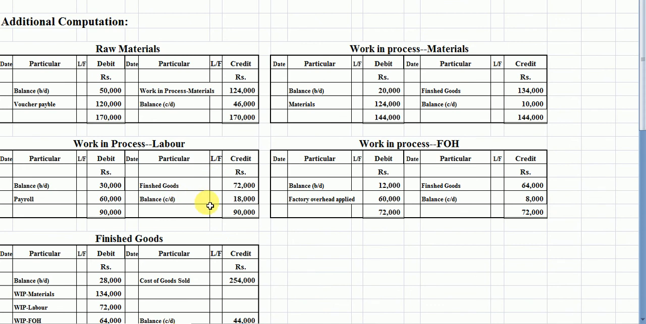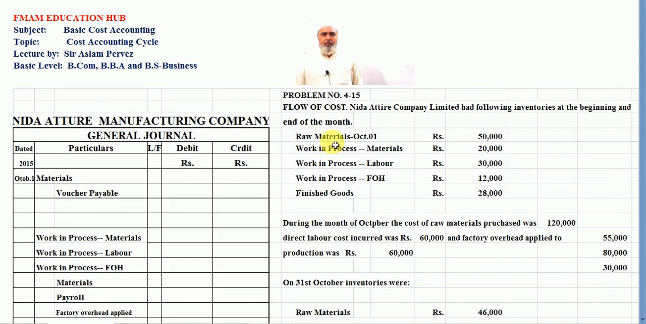These are the ledger accounts against the raw materials, work in process materials, work in process labor, work in process FOH and finished goods inventory. Students, you are looking here at the raw materials ledger in which the opening balance is 50,000 rupees. You can see in the opening inventories the raw materials balance is 50,000 rupees, as well as the material purchased during the month is